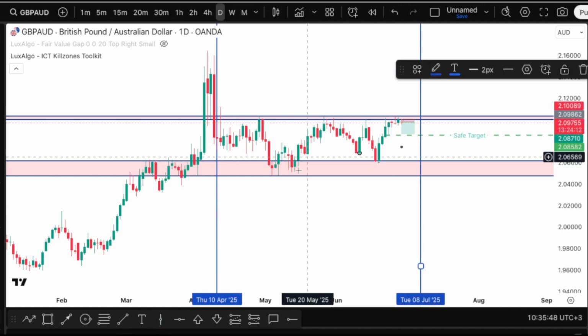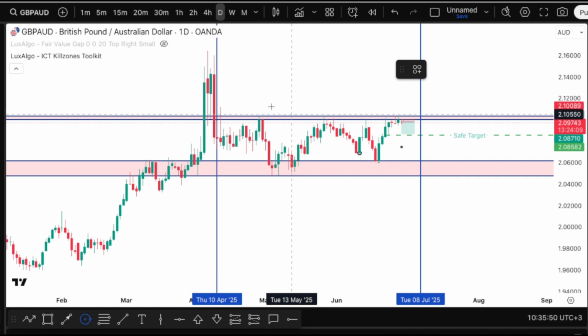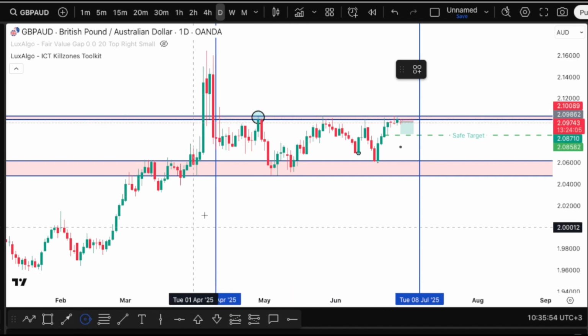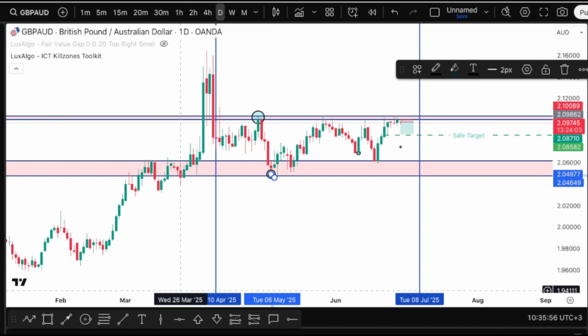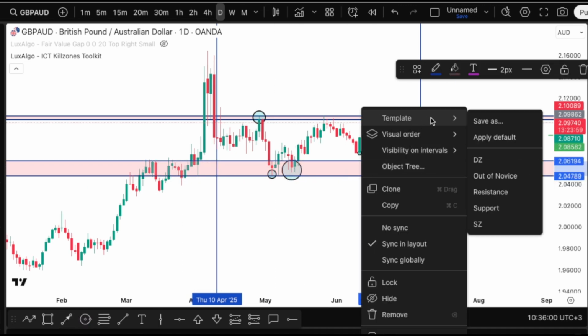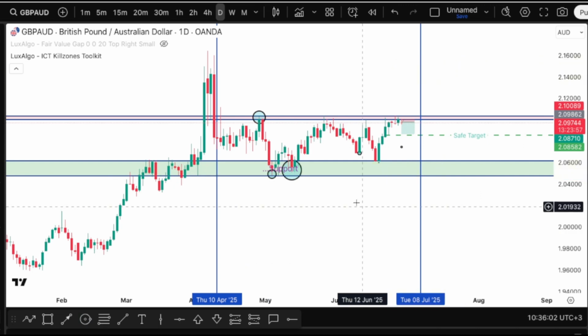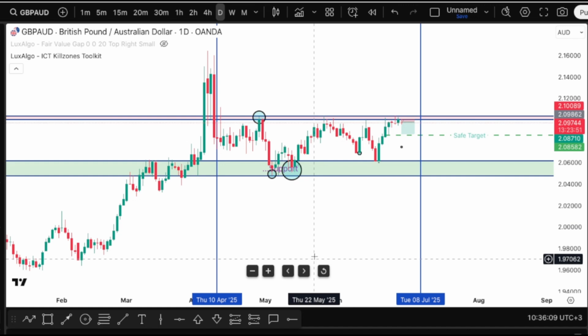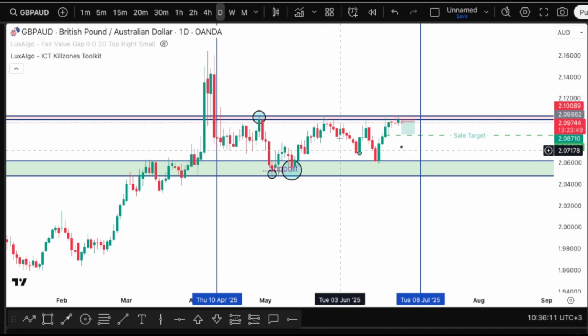The price has been ranging, touching the resistance, coming back all the way to support, reacting at support. Let me just change this to be support. All the way to support, again back to resistance, all the way back to support. So it's now on the other side, on the upper side of that range, which is on the D1